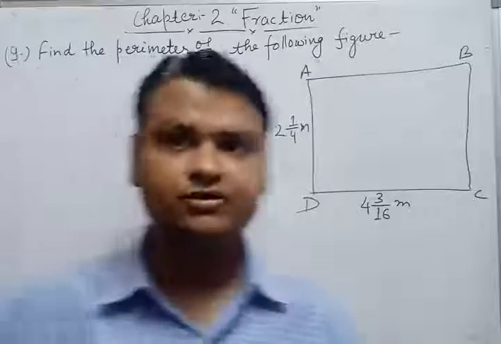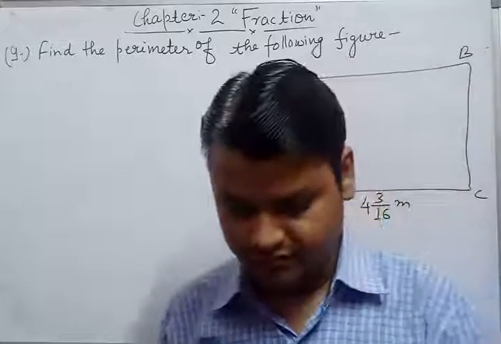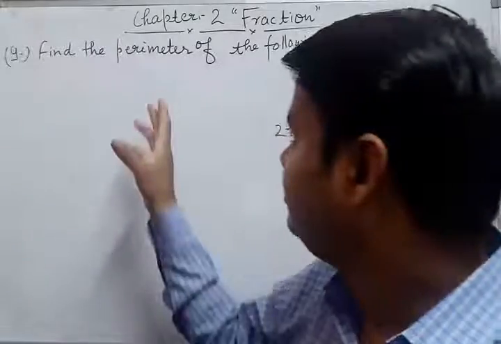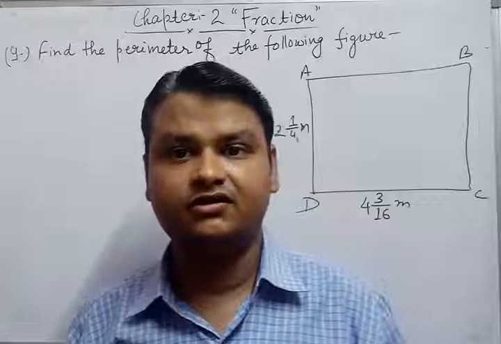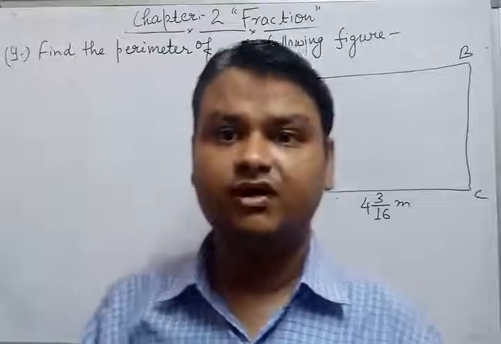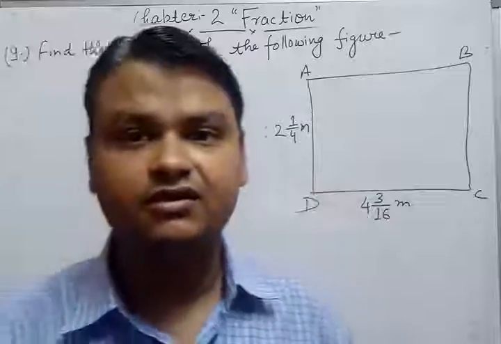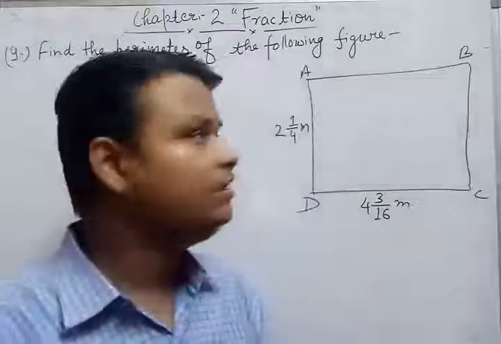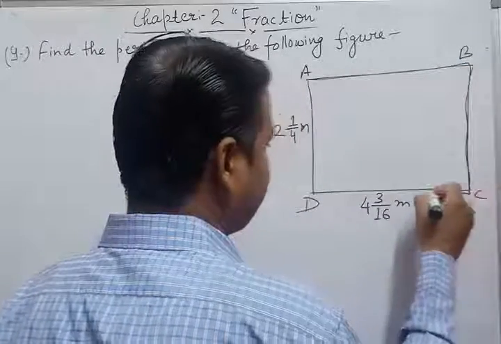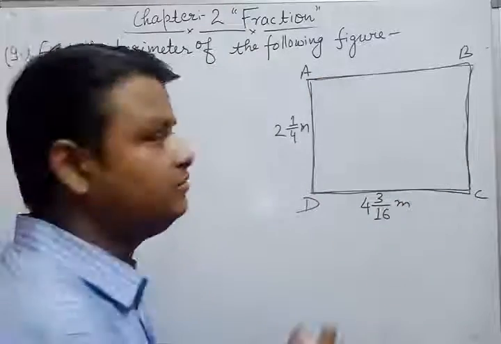So students, moving on to the next question. Question number 9 is a mensuration problem, and you have all studied how we can find perimeter. What is perimeter? So perimeter is the total boundary length. The total boundary length of a closed figure is called perimeter. It means if you find the total length of the boundary of a closed figure, and what is the name of this closed figure? It is a rectangle.